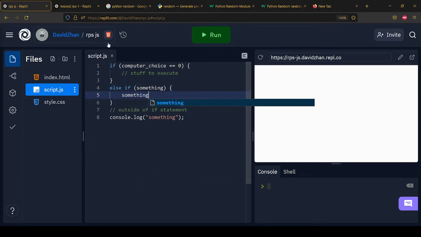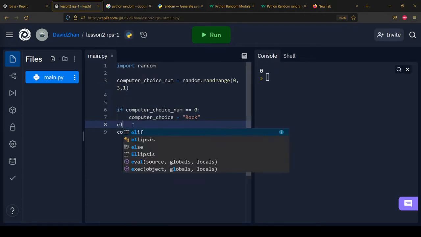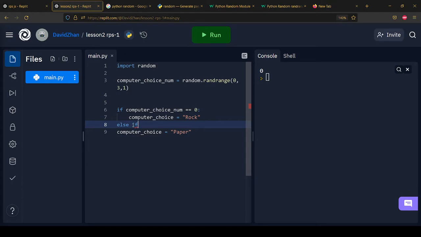But this is not the syntax for else if statements in Python. You can't write else if, that's not a thing. The way Python does it is they have an elif statement. They make it a single word, and it's just an elif statement. You don't know what else if? Okay, well,